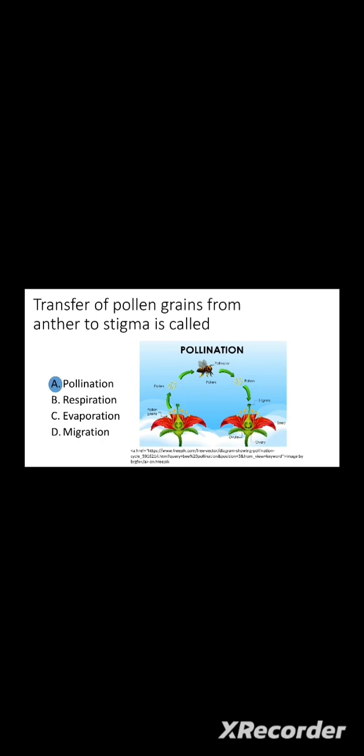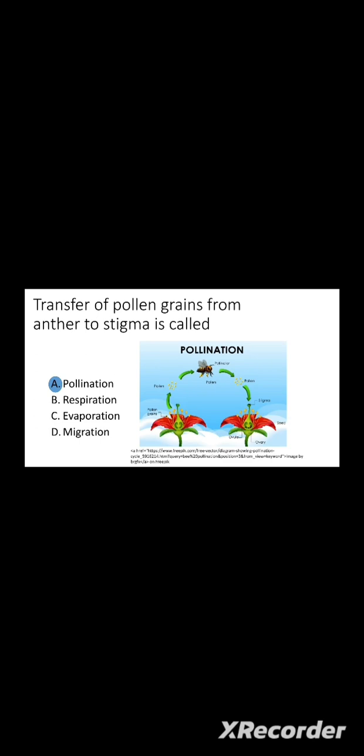The next question is, transfer of pollen grains from anther to stigma is called? And the correct answer would be pollination. If we see these yellow colored capped filaments, which are the male reproductive parts of flower, they are responsible for the production of pollen grains,